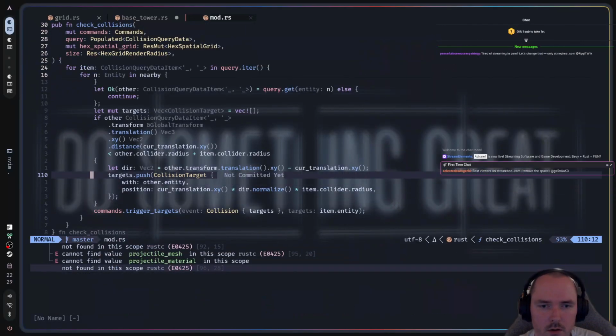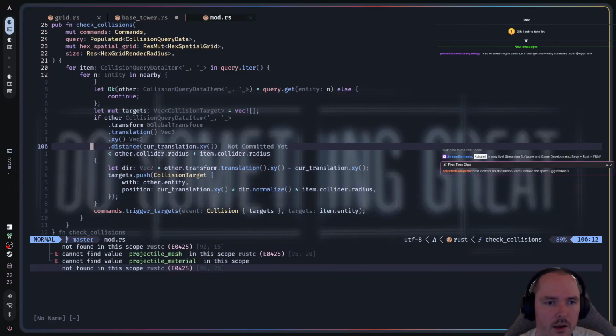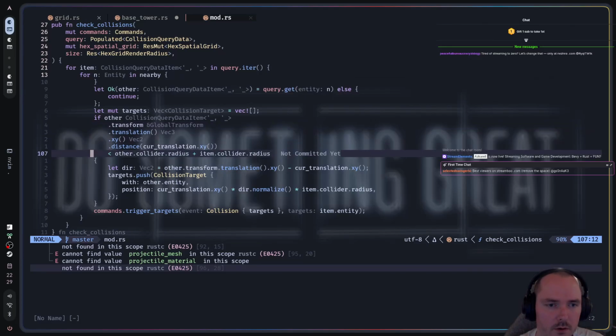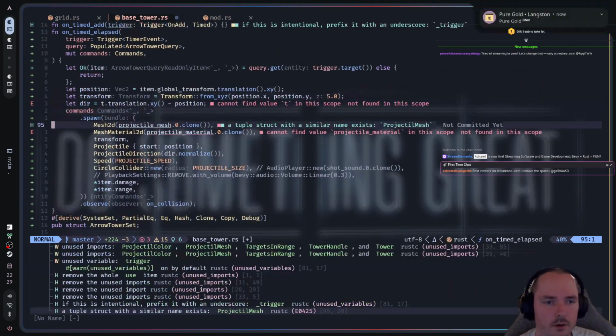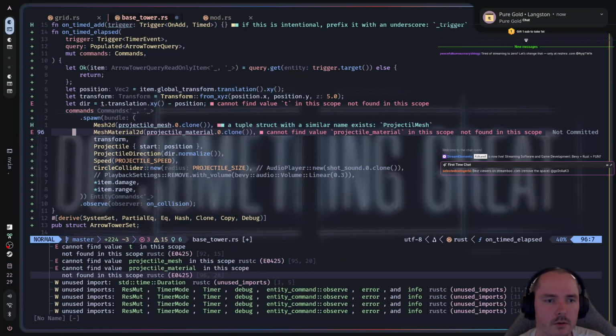Do I actually check here already for the distance, so I know that the entities I get returned are in range of my collider, which more or less should be the range of whatever I... Perfect, because then